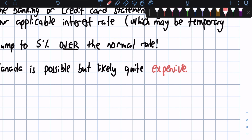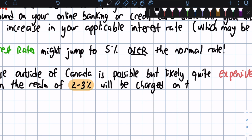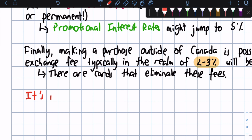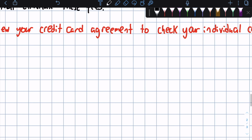Making foreign purchases outside of Canada or your country of residence is possible but very expensive, where the exchange fee can be in the realm of 2 to 3% on top of the transaction value. But there are cards that eliminate these fees, and you should use those if possible. So it's important to review your credit card agreement in all cases to check your individual card's terms and specific